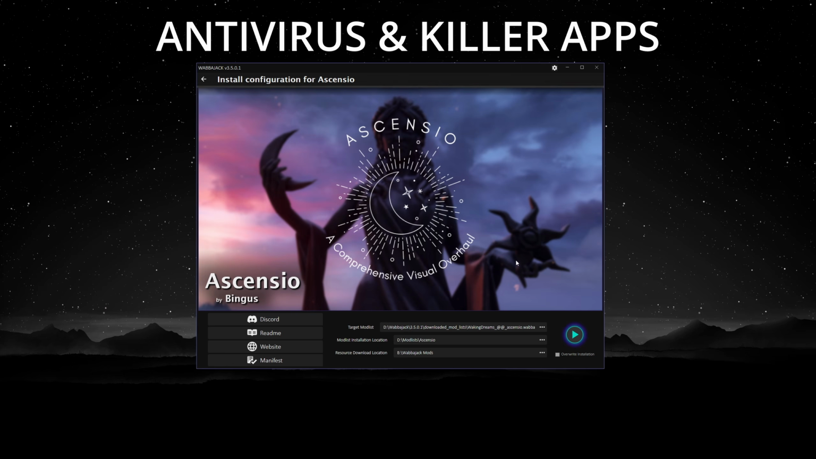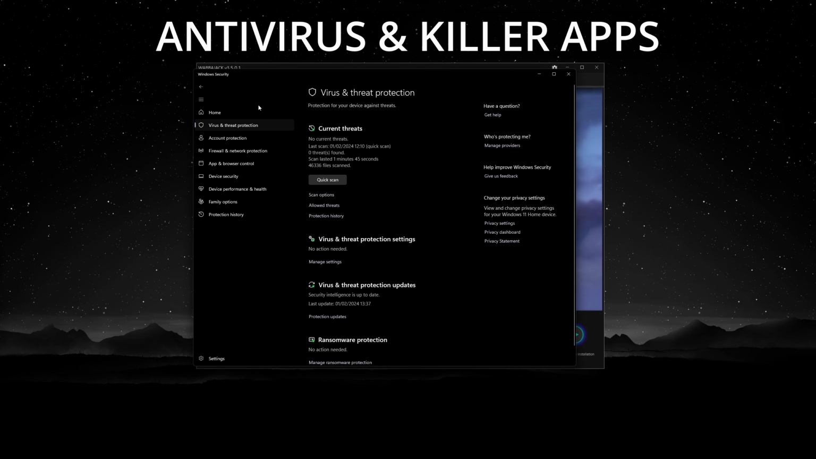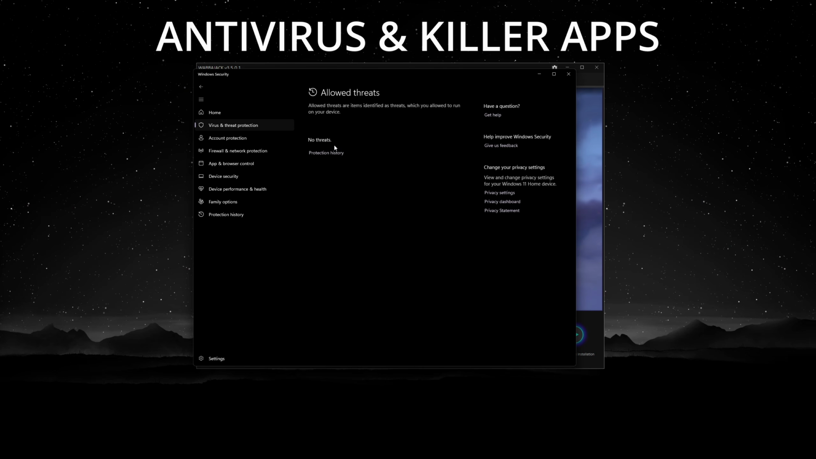Next, download problems could also be caused by your antivirus or killer apps. These are apps that are often part of Dell and Alienware PCs. If it's your antivirus, you'll have to go into your antivirus settings. So for me, that'll be Defender. Let's bring that up. You'd have to go into your antivirus settings for whatever it is, and allowed threats, and allow Wabbajack to get